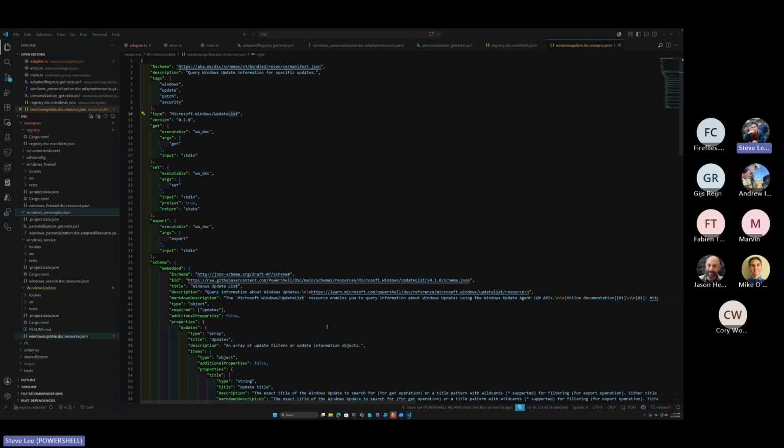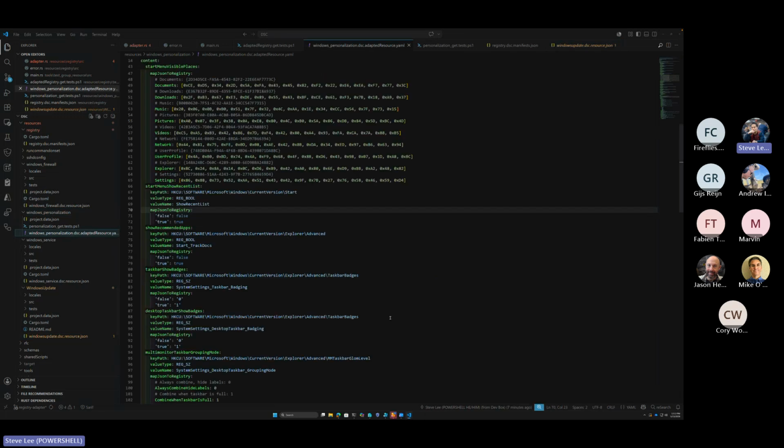Here's what I would say in general: if you can avoid touching the registry directly, that is always preferred. If you can have an abstraction over the registry, that is much better than touching it directly. Now, there are cases where you can't do that, and then of course that's why the registry resource exists. However,